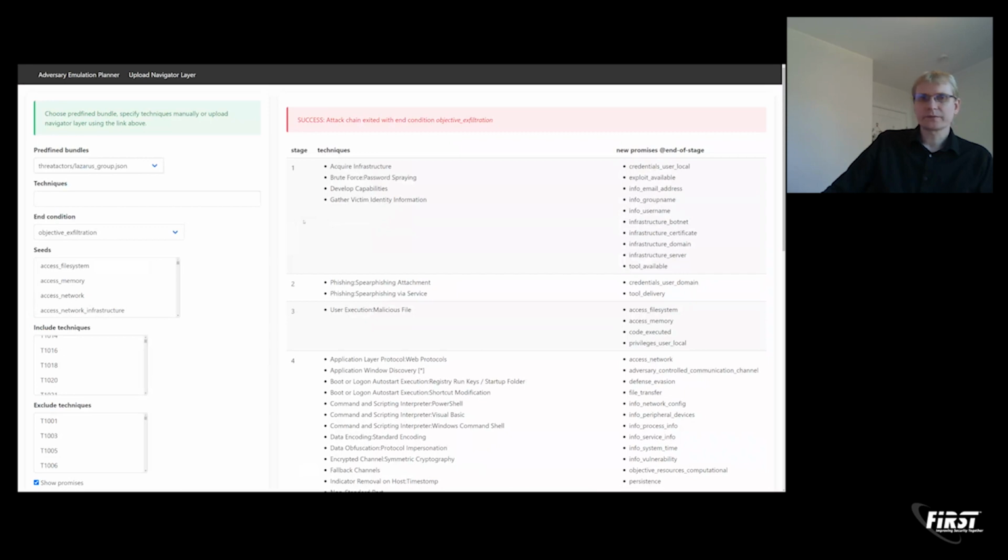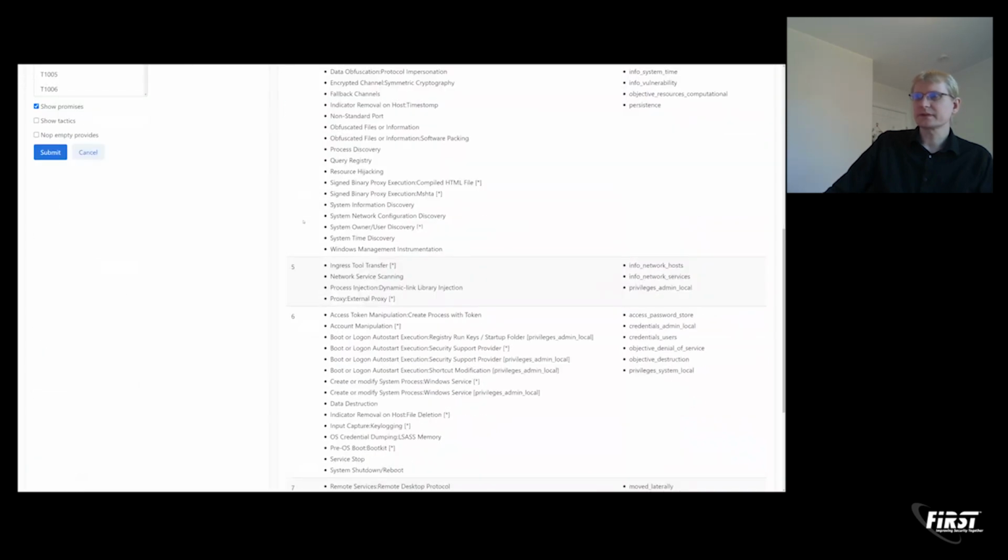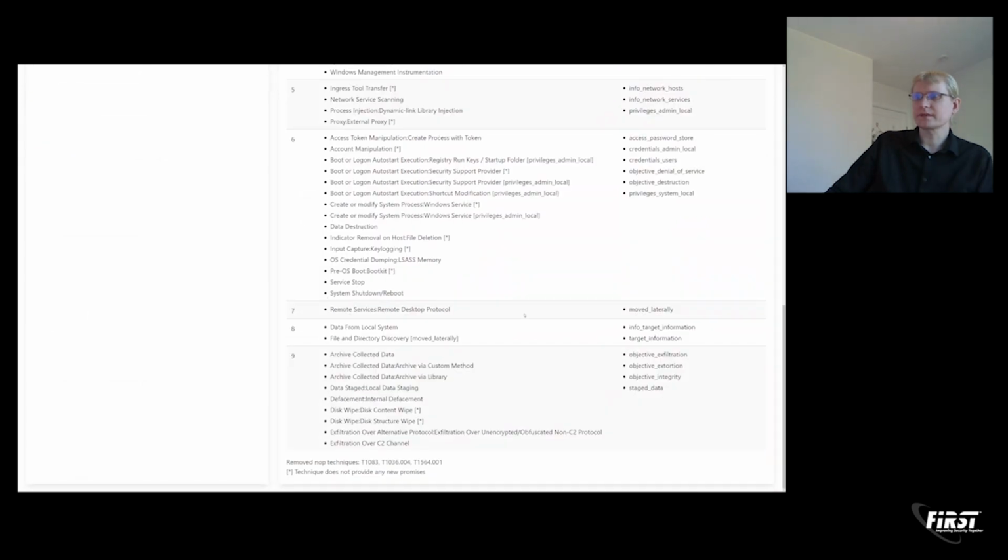And at this point, the tool says success, because what happened now is that at stage 7, they move laterally using remote desktop protocol. At stage 8, they collect data from local system, which gives them the target information. And at stage 9, they archive, stage, and exfiltrate that data, which reaches objective exfiltration. So just a quick, this was a threat actor. We also have